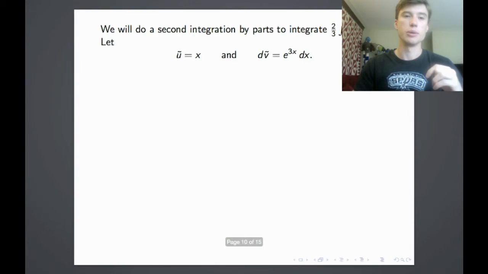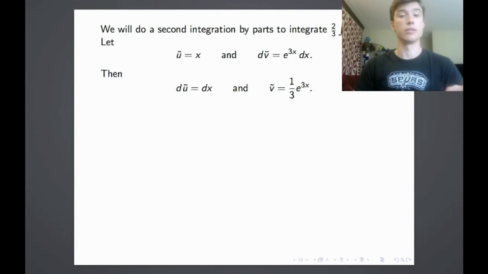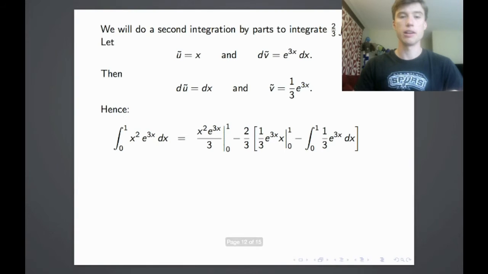In this case, we will let u tilde equal x and dv tilde equal e to the 3x dx. Taking the derivative of u tilde, we get that du tilde is equal to dx, and taking the antiderivative of dv tilde, we get that v tilde is equal to 1/3 e to the 3x. Now we can plug these into the formula for integration by parts, and then plug this formula into our previous